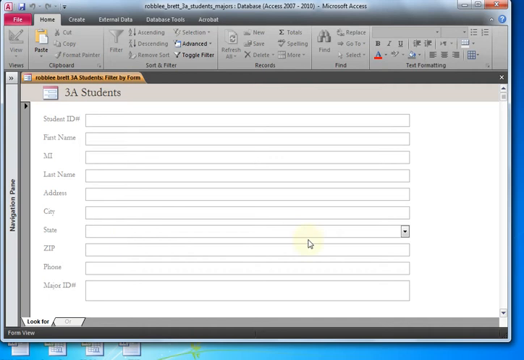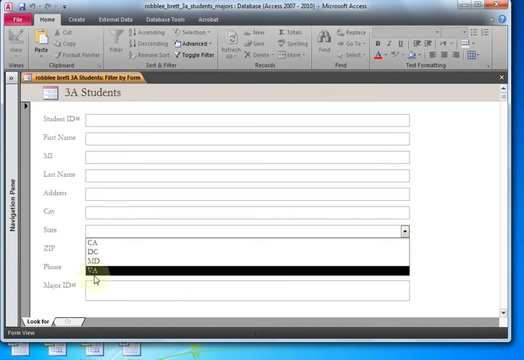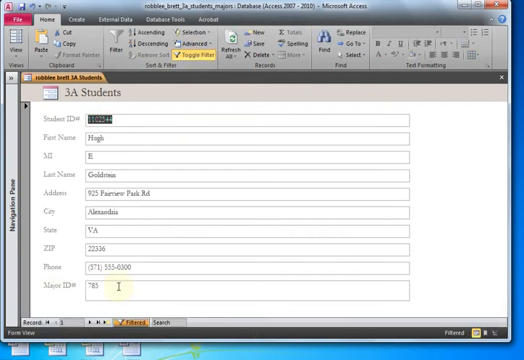So for instance, if I click in state and I get a drop down, I can say I want to look for everybody in Virginia, and then I can toggle filter and notice it's processing, and now we have 80 students that are from Virginia, and I can turn that filter off by toggling it off,